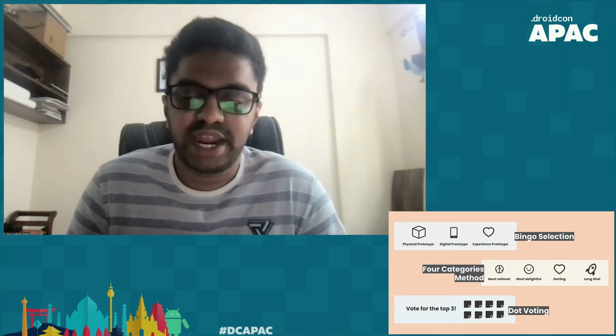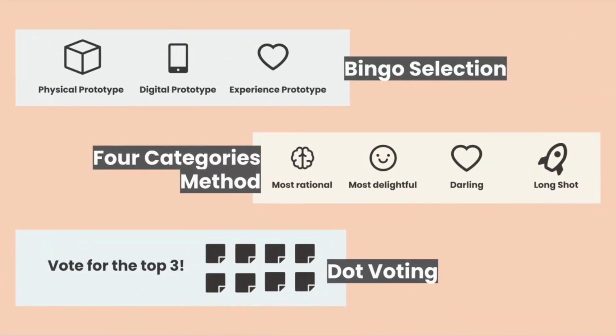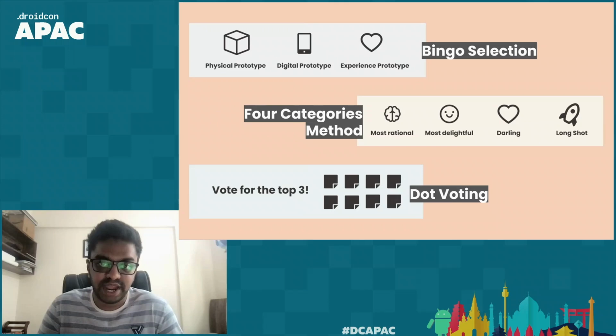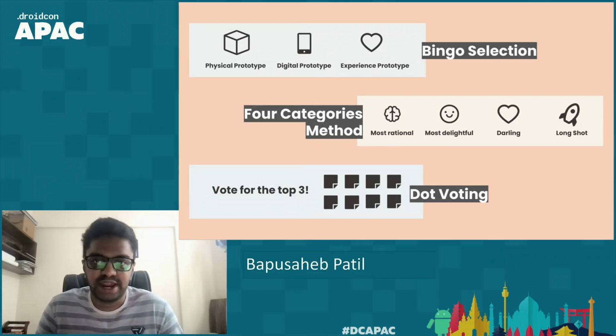So the long shot category has ideas where you're dreaming too high, and you have ideas there which may take a lot of time, or they might not be feasible because you haven't explored them. But it's a long shot, and it's going to take a lot of time to explore that, and it might not be a good idea to pursue those ideas right away. So you would group your ideas into these 4 categories and then make decisions based on what makes the most